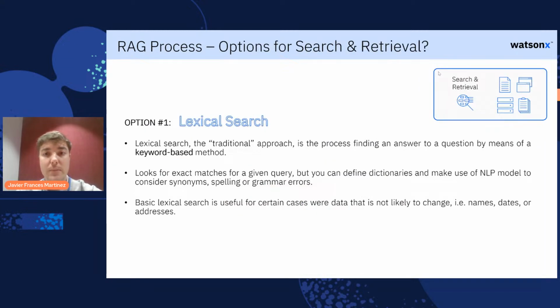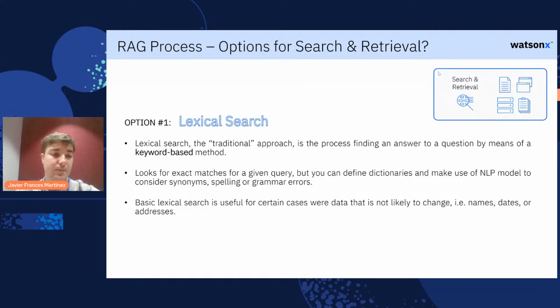And what search methods do we usually have available? So the first one is the traditional approach. Lexical search. This is the process of finding an answer to a question by means of keyword-based methods. What does this mean? This means that we are looking for exact matches for a given query in our knowledge base. But of course, we can define dictionaries or make use of NLP models to consider synonyms, spelling errors, or grammar errors. Just out of curiosity, lexical search is the search that is used by our service here at IBM,